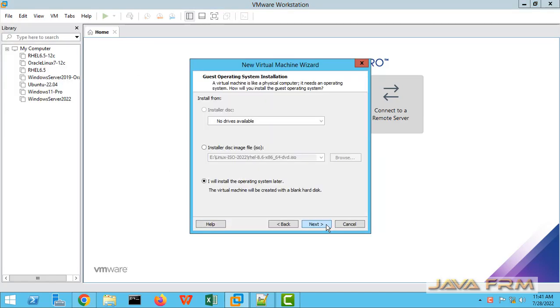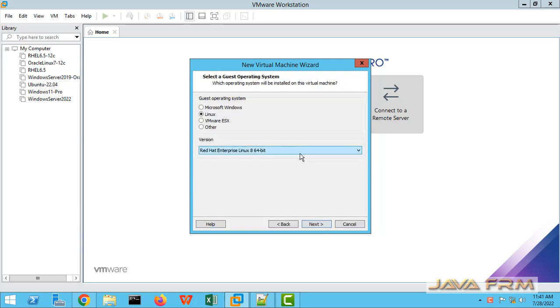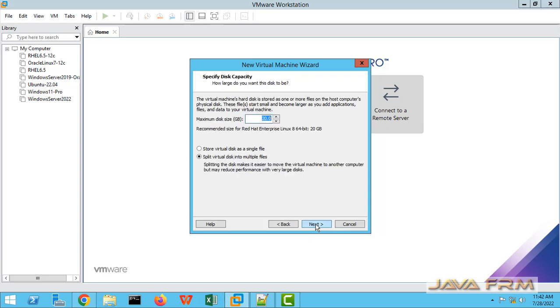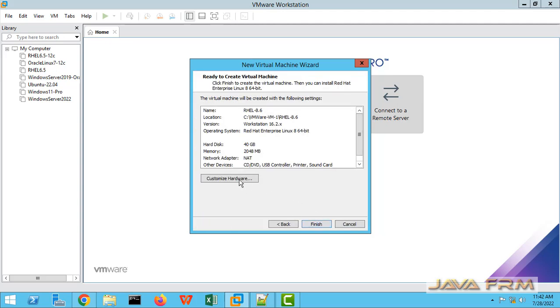So now I am going to create one virtual machine. Select your flavor. It will be Red Hat Enterprise Linux 8 64-bit. I am giving some name to the virtual machine, and I am allocating around 40 GB single virtual hard disk,